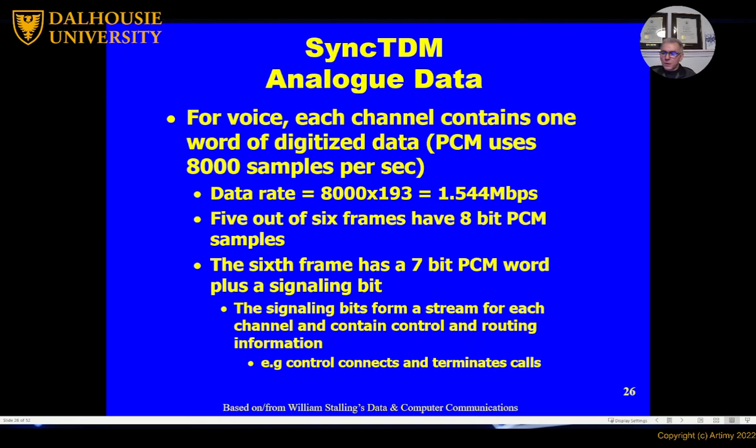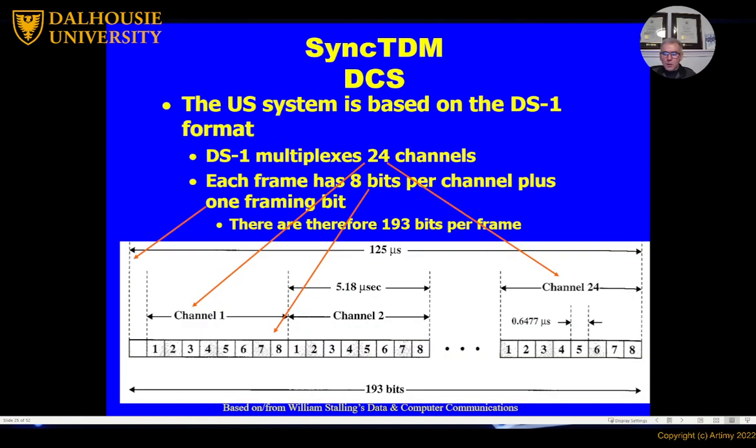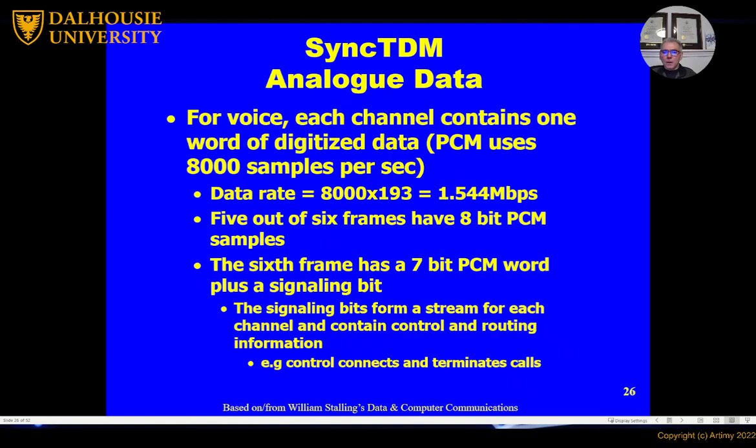As I said before, I have to send the whole frame in a time that's equivalent to the time between 2 samples. So that's what is happening here. To modify the system to make it work for data, instead of sending voice all the time, it was modified so that out of 6 frames, 5 out of 6 frames